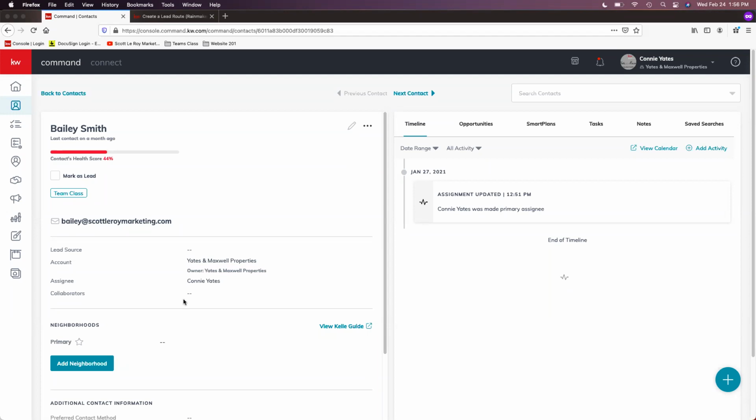She can drop a note, maybe a reminder, add a task. That way she can help him out if he needs help, but she won't be able to do anything else. That being said, if Connie maybe has a contact that now John has to work with as well, rather than